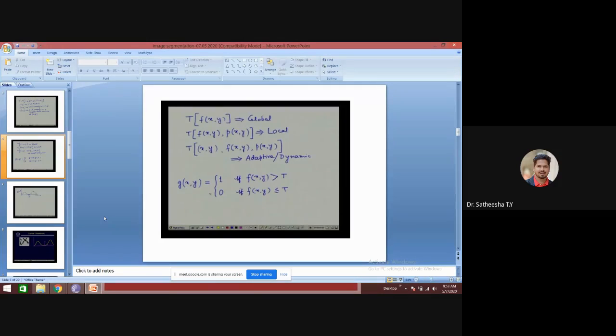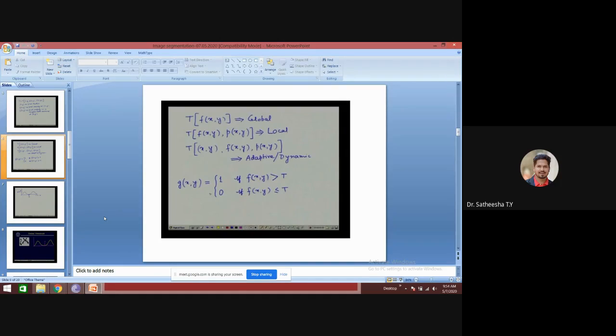So you find that the basic aim of this threshold operation is to create a thresholded image g of x comma y, which will be a binary image containing pixel values either 0 or 1, set depending upon whether the intensity f of x comma y at location x comma y is greater than t, or less than or equal to t. Here a value of 1 in the thresholded image indicates that the corresponding pixel belongs to the object.